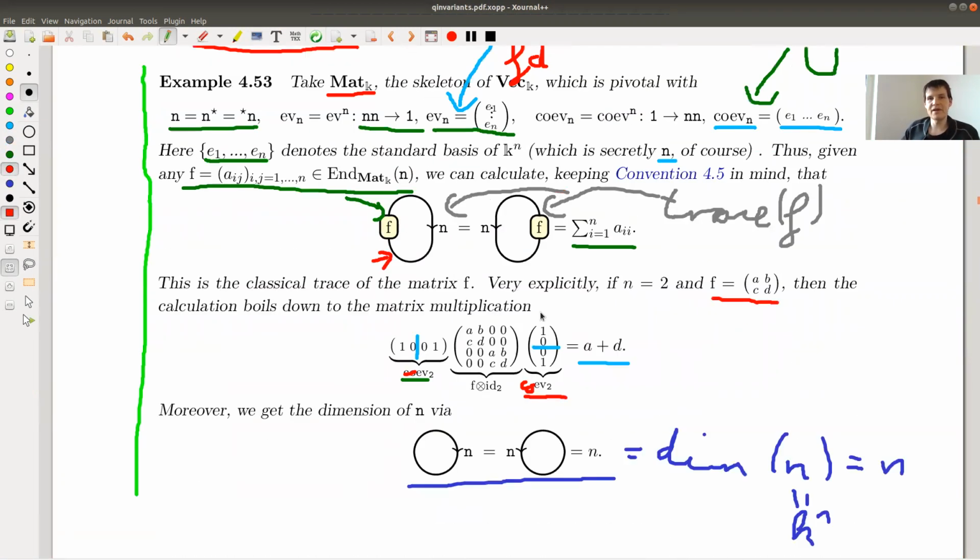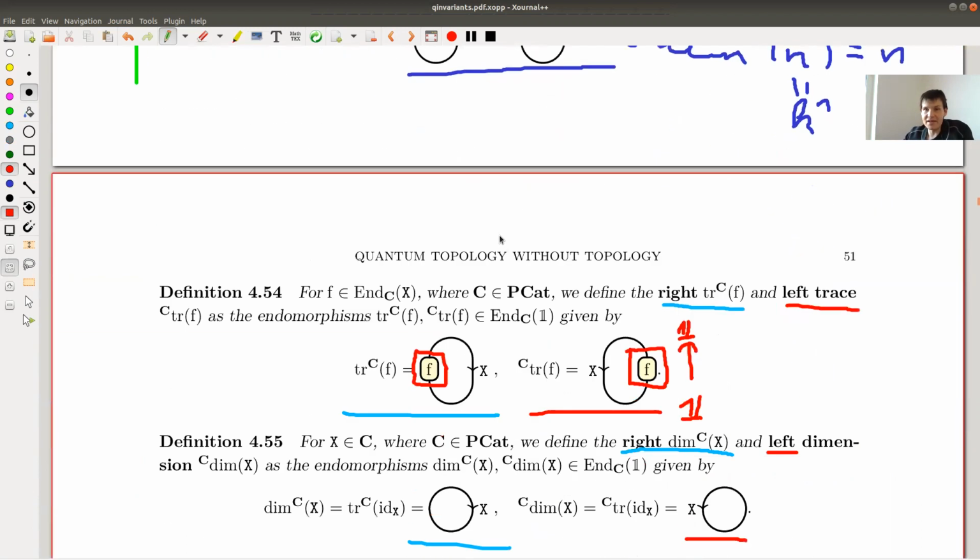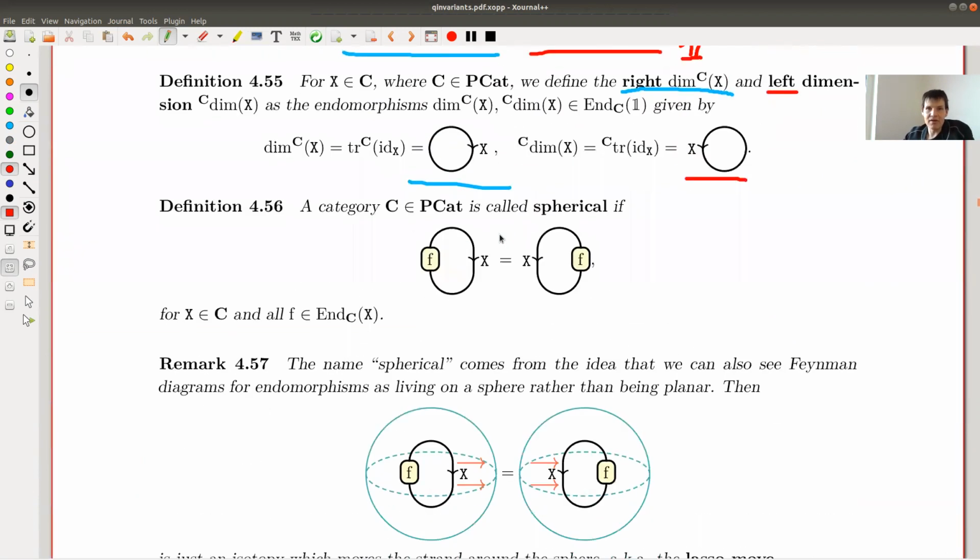And if you look at this example, the left and right is the same. So hopefully we don't worry too much about left and right in general. So we should come up with a definition that catches exactly what you need, namely left equals right, and you call a category spherical if